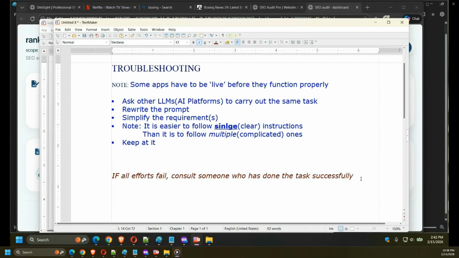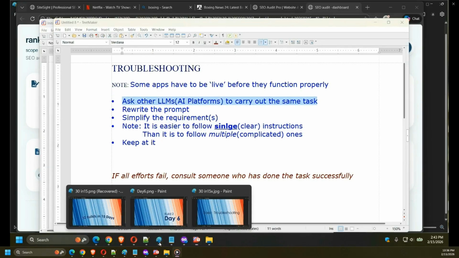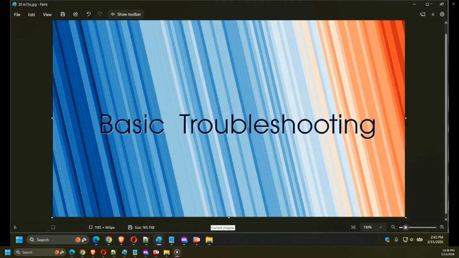You are telling the agent to do many things, and sometimes it complicates its flow. So simple, clear instructions. In this case, I'm building an app that has to do many things. So those are the steps for basic